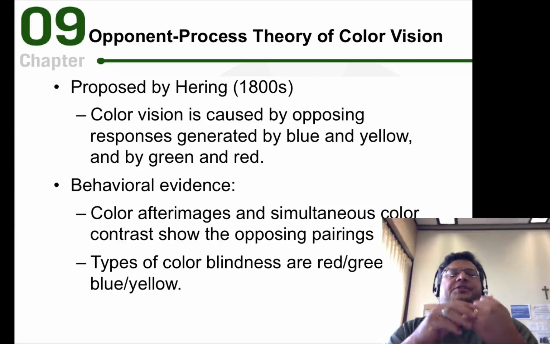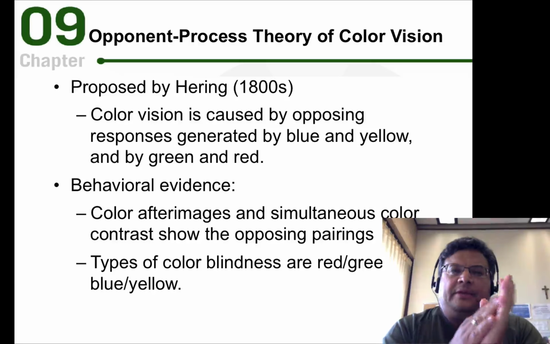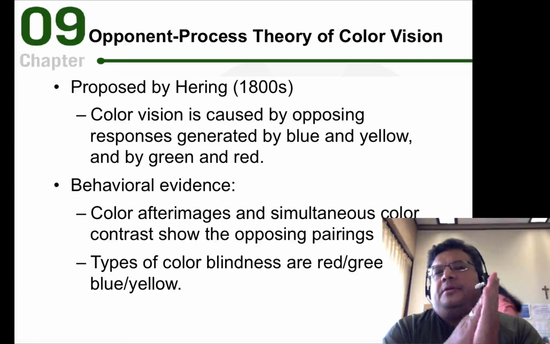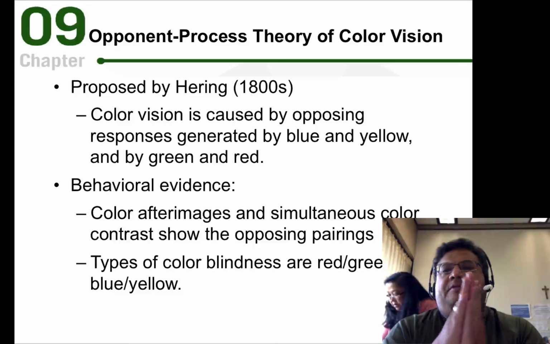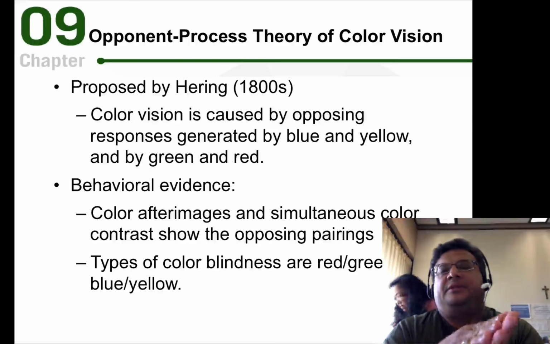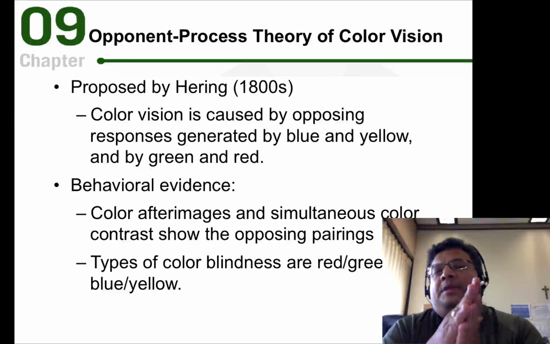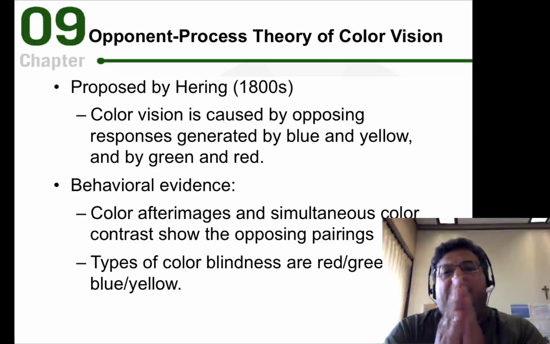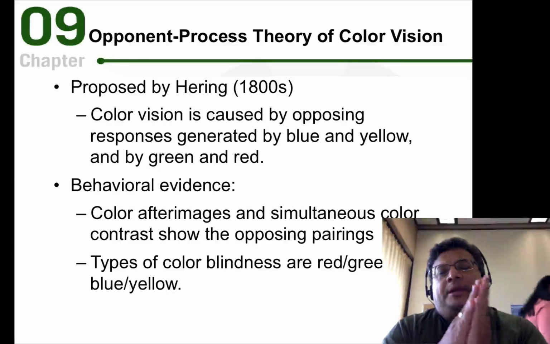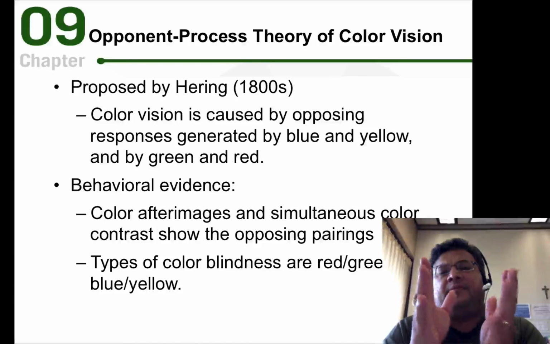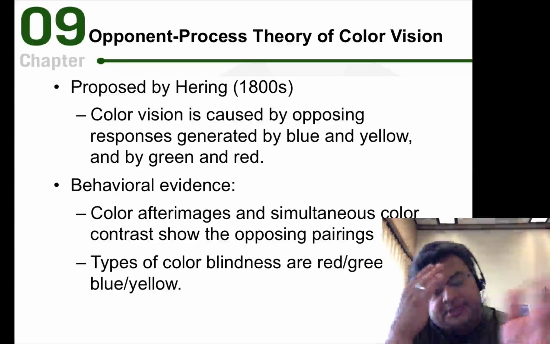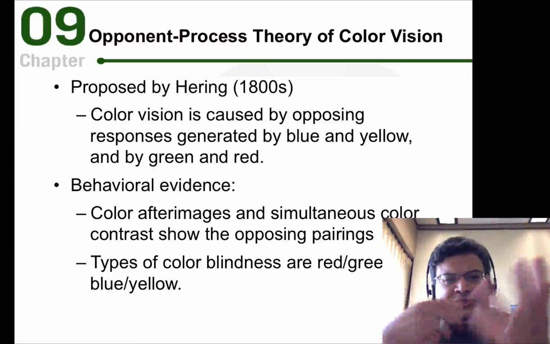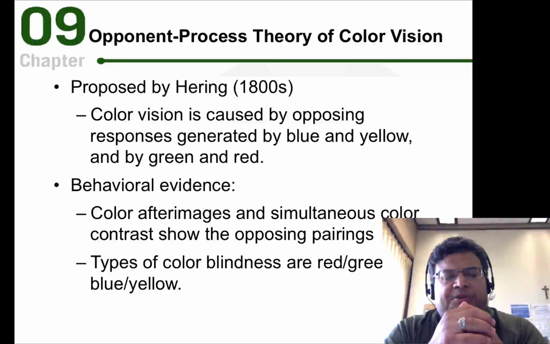All right, so we just finished covering the trichromatic theory of color vision. Now we're going to talk about another theoretical approach to color vision that is called the opponent process theory. This theory was first proposed by a guy named Hering in the 1800s. Basically, instead of having people look at different color lights and measuring what they were perceiving through the mixing of those different colors,